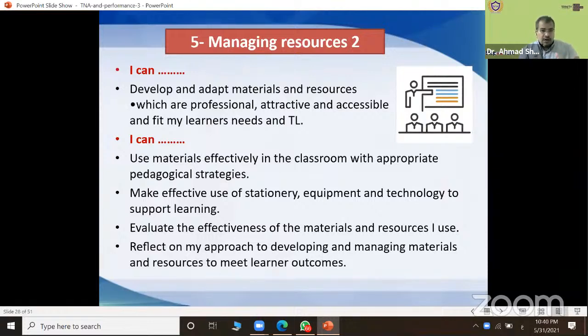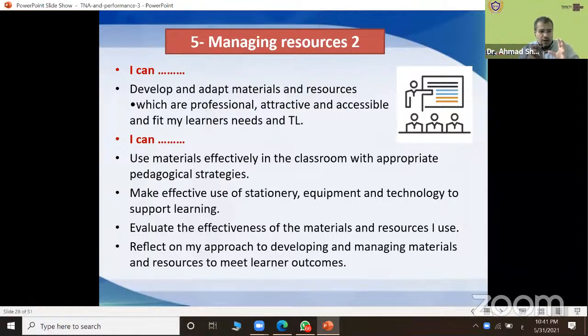Okay, so you have technological resources, like maybe the data show, the smart board, the mobile apps, whatever. Evaluate the effectiveness of the materials and resources I use. You should evaluate. I used, for example, an application for quizzes with my students. Was it effective or not? Okay.